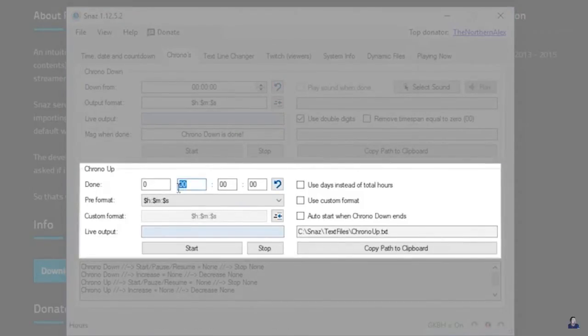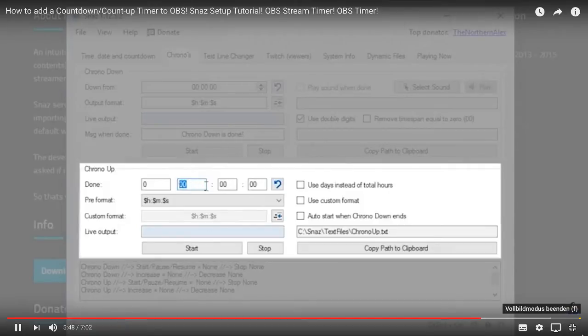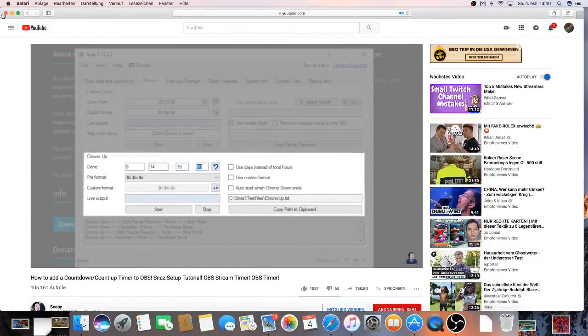So what you can do is actually set the time that you've currently done. So if you've already done 14 hours, 15 minutes and 26